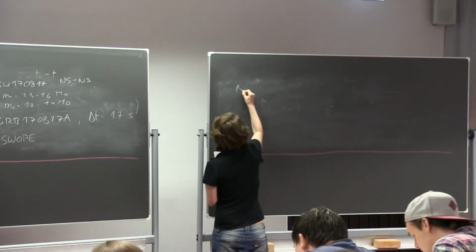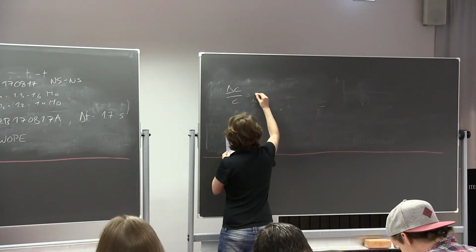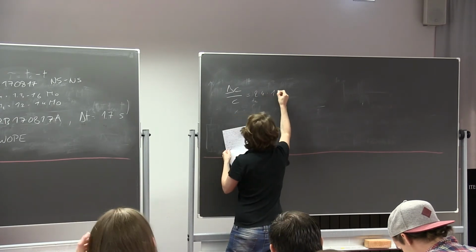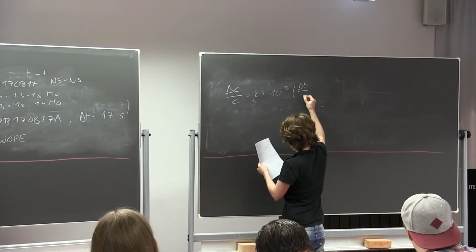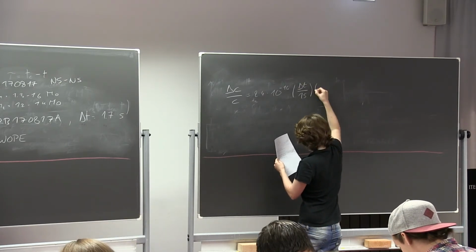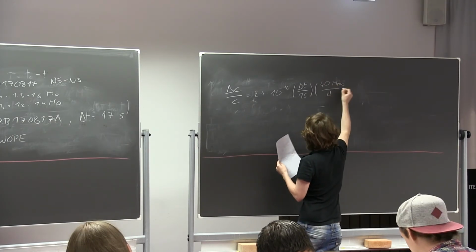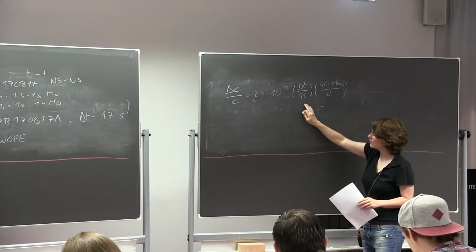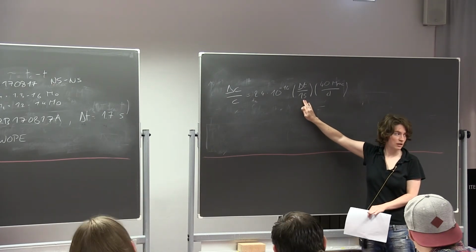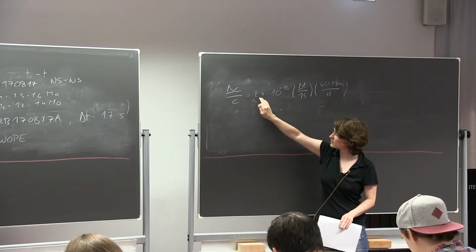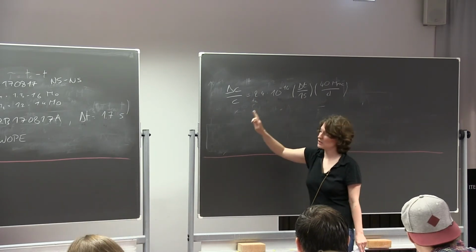So delta c over c, 2.4 times, just to give you an idea of the numbers, delta t normalized to 1 second, and then the distance normalized. Okay, so if they were emitted at the same time but arrived 1 second apart, we would know that the difference is essentially the relative distance, 10 to the minus 16. Yeah, because now the thing is, we know that these arrived